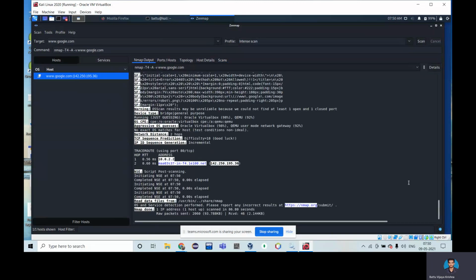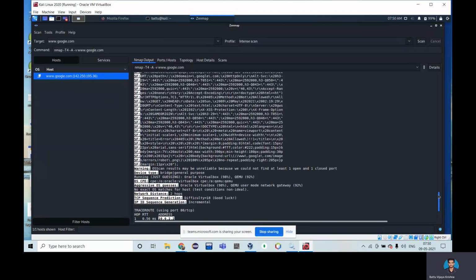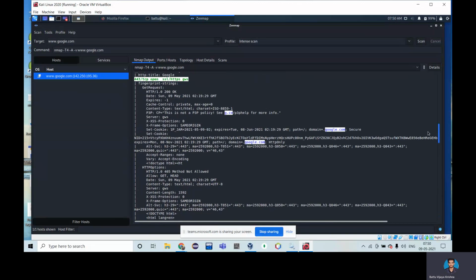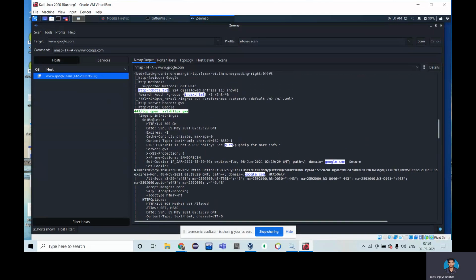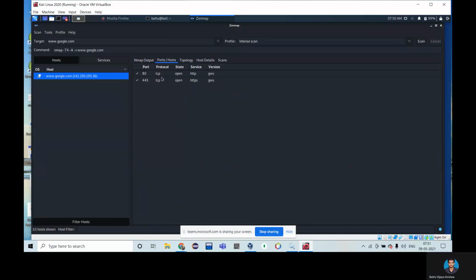As you can see here, it provides all the details of what happened throughout this scanning, like the GET request from HTTP. In the ports, it used the TCP protocol, where port 80 is for HTTP and port 443 is for HTTPS, and the state is open, since the scanning was performed right now. That is why the state is open or closed.